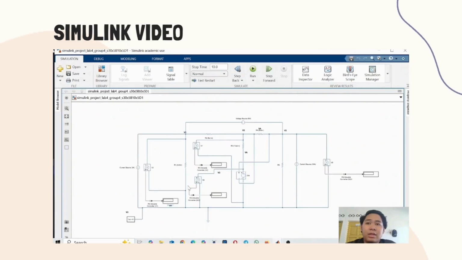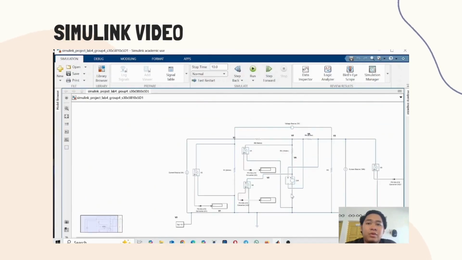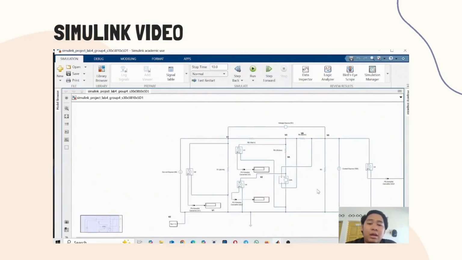I will continue to the next part, which is about the simulations of Simulink in Lab 4. First of all, in our Simulink, we use the current source, voltage source, and the resistor, and then we also use the voltage sensor, display, and voltage controlled voltage source. To find the value, first of all, we must put the value in the voltage source, the current source,